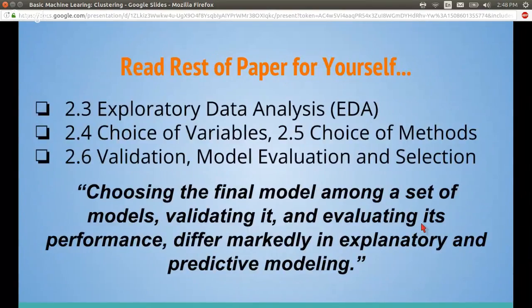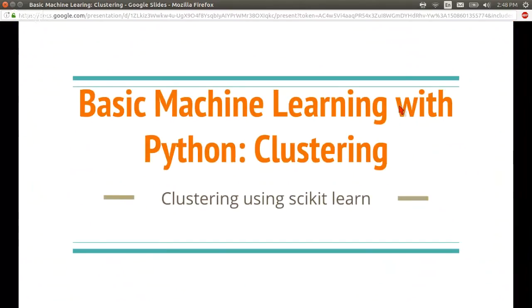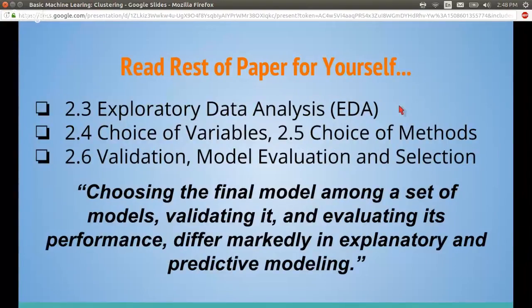So I have here he talks about exploratory data analysis, like cleaning. He talks about your choice of variables, validation. It gets into some heavier statistics stuff, and then he gets into that Netflix prize part and talks about another competition. So I don't know if anybody had any comments they wanted to make on that. It's a little theoretical, but I think it's worth understanding. If you don't take anything away, just take away the idea that explaining and predicting are two different things.